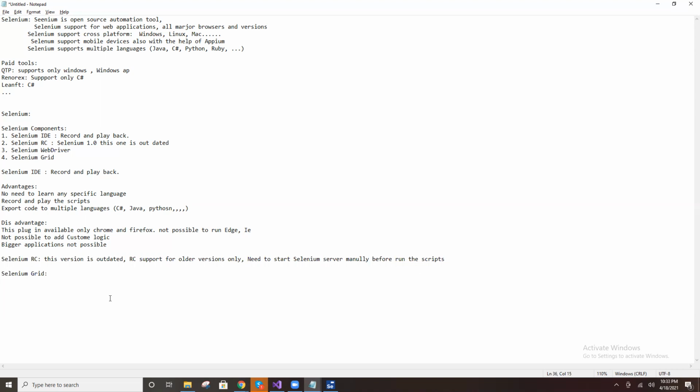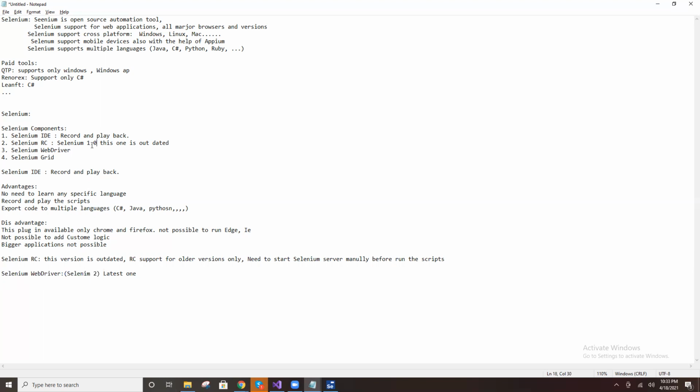Now Selenium WebDriver. This is called Selenium 2, and this is the latest one. All are using Selenium WebDriver only. No one uses Selenium RC.